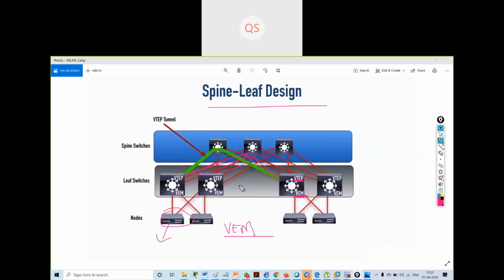But an issue we have is what to do with traffic for which we don't know the destination. Suppose I don't know the destination address, what will VXLAN do?